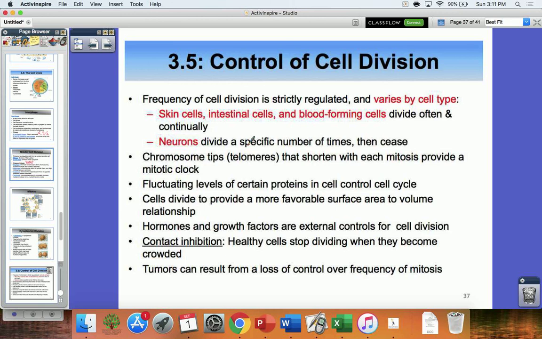So we have to have some things that are going to control this whole mitotic division and cell replication. We don't want things to get too out of hand. Different cells can replicate a lot faster and more readily than others. Skin cells, if you injure yourself on the skin, in a day or two, three days, it'll go ahead and heal. In about two weeks, you may not even realize you had a scratch,